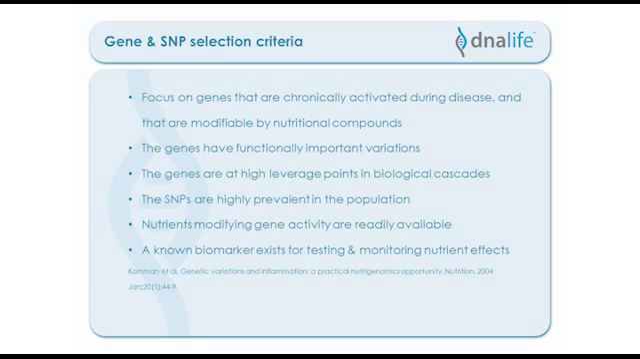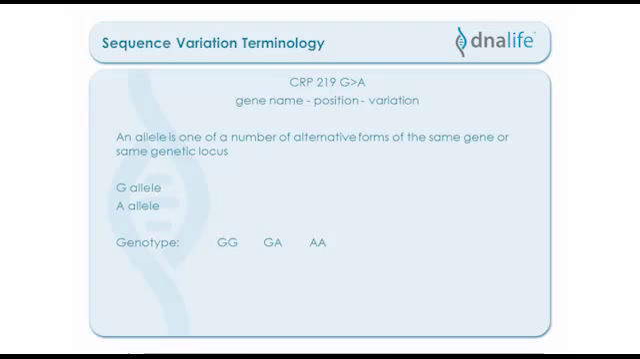Just to end off this introductory lecture is to familiarize yourselves with some of the terminology that you're going to see in the reports in terms of the way the gene names are written and how we refer to the names of the variations that we find. So what we've got here is some of the terminology that relates to sequence variation within the DNA. You see that the gene name is written as CRP, which is an abbreviation I'm sure you're all familiar with, of C-reactive protein,